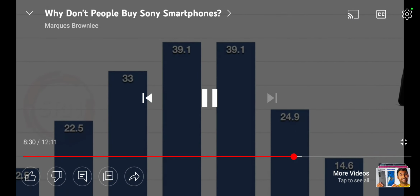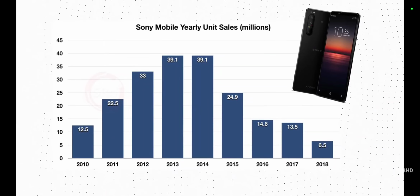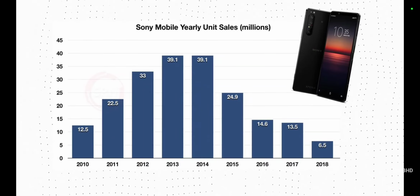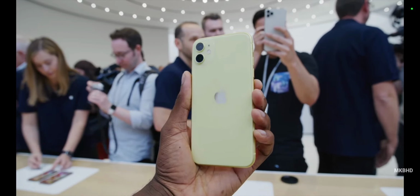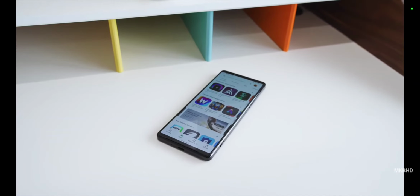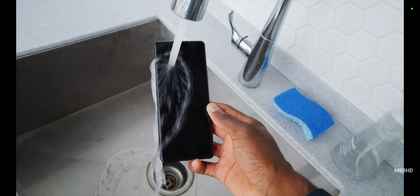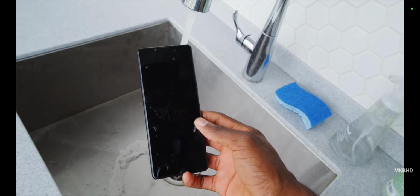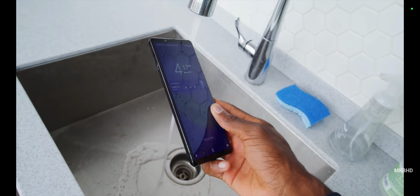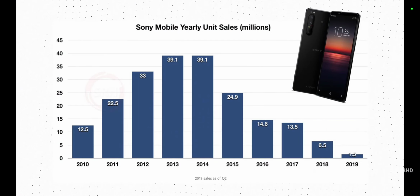40 million smartphones a year for 2 years in a row, all the way down to just 6.5 million sold in 2018. For perspective, that's about as many iPhones as Apple sells in a week in a strong fourth quarter. So to get back in the game, Sony needs a strong 2019, right? They need to pull out a few more smartphones, get a little bit more variety in there, start appealing to more people. Really good phones like the Xperia 1 Mark II, and that should put them back on the map for